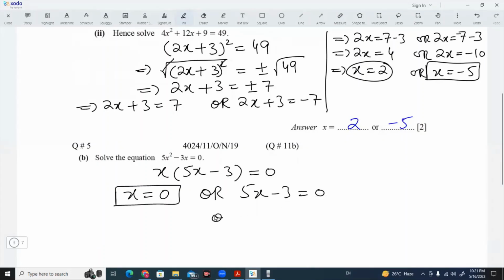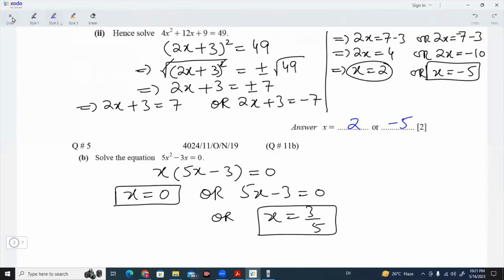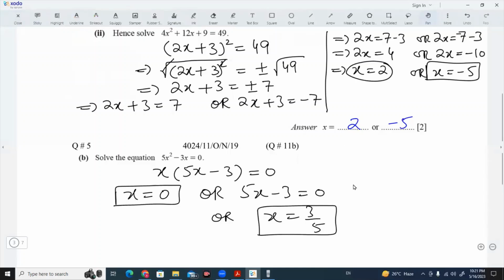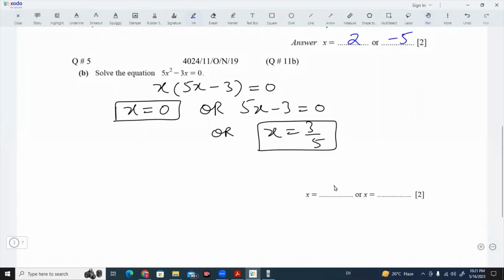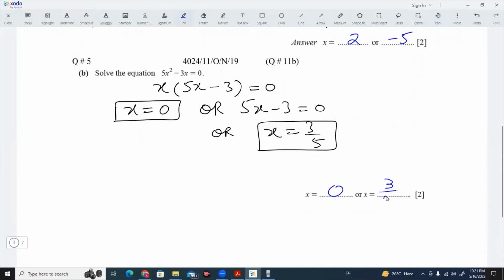Bringing 3 onto the other side and dividing by 5 results in 3 over 5. Positive 3 over 5. So we have to write down our answer as 0 and 3 over 5. So moving ahead